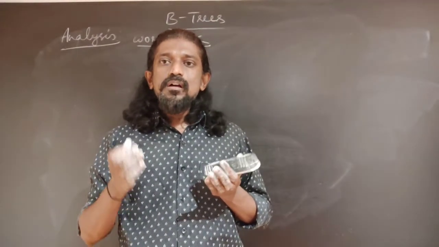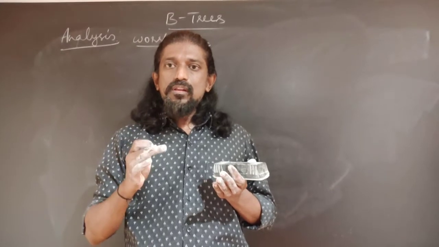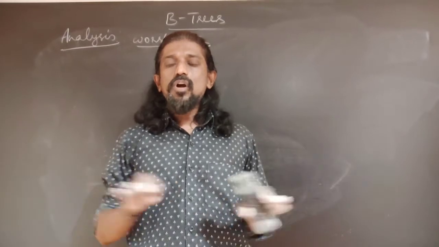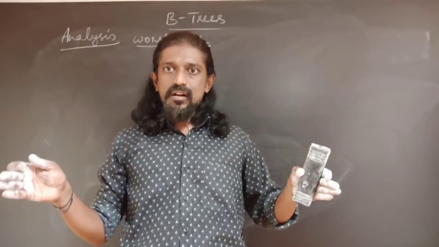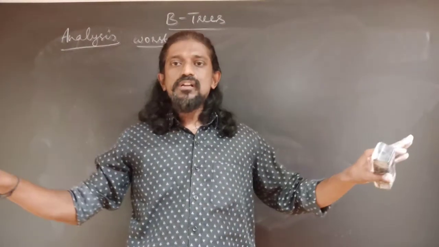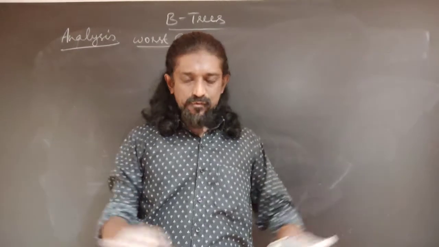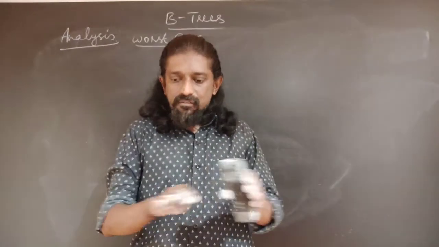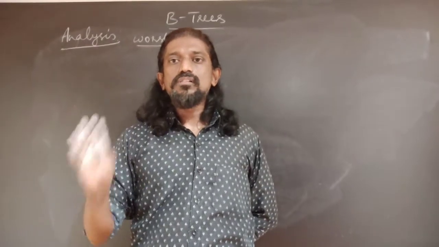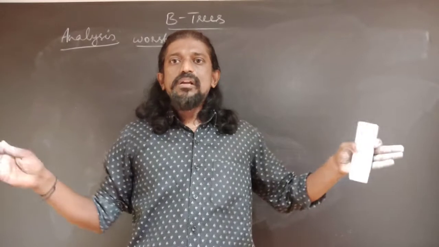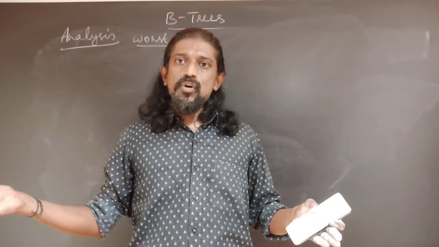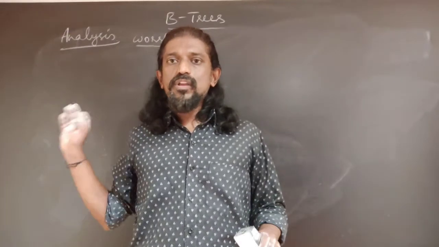The worst case in a B-tree occurs when all the nodes in the B-tree have only the minimum number of descendants, not more than that. If the order of the B-tree is 100, then the root will have only 2 descendants, each one of these 2 will have only 50 descendants, and each of those 50 will have 50 descendants each. So at every level, each node will have exactly the minimum number of descendants. That is the minimum possible structure of a B-tree that can exist, because less than that the tree can't exist. More keys can be possible, but this is the worst possible tree that we can construct.